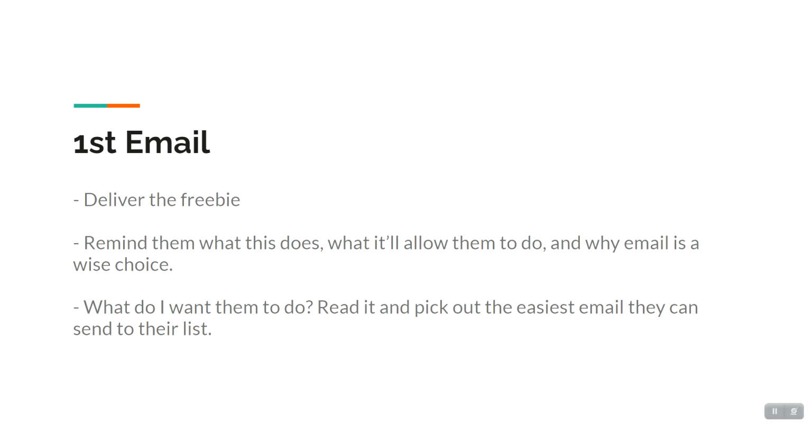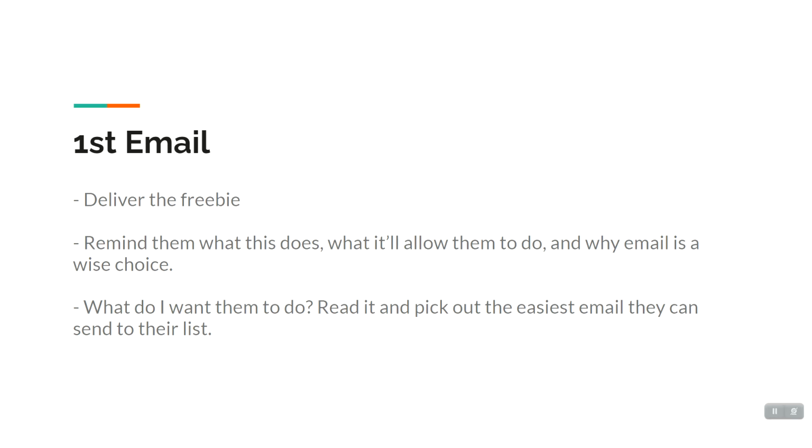And I probably don't even need to go into massive amounts of detail on this. I just need to sow the seeds that email is worth thinking about. So just a small step from don't know who I am, give them the freebie, remind them that email is a good thing, here's your freebie. And maybe the next thing I want them to do is not even send an email, just read the freebie, spend 5 or 10 minutes and mentally pick out the easiest email they could send to their list. And just imagine it. So go through the All the Emails document and pick out an easy prompt that they think they could send to their list.